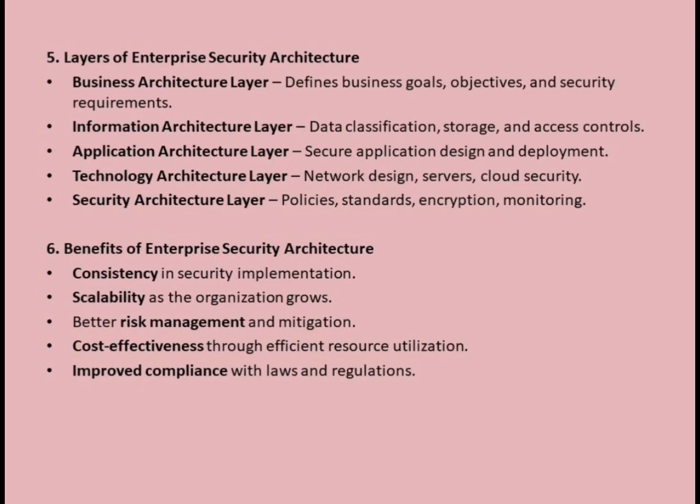The technology architecture layer covers the infrastructure of the organization, such as networks, servers, databases, and cloud systems. Security here includes firewalls, intrusion detection, VPNs, and cloud access security. For example, a company's office network can be segmented so that HR data is not directly accessible from the guest